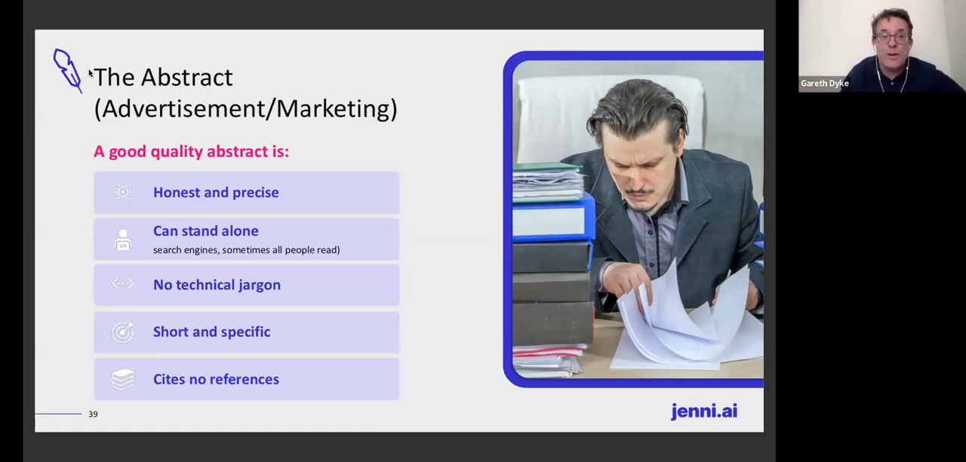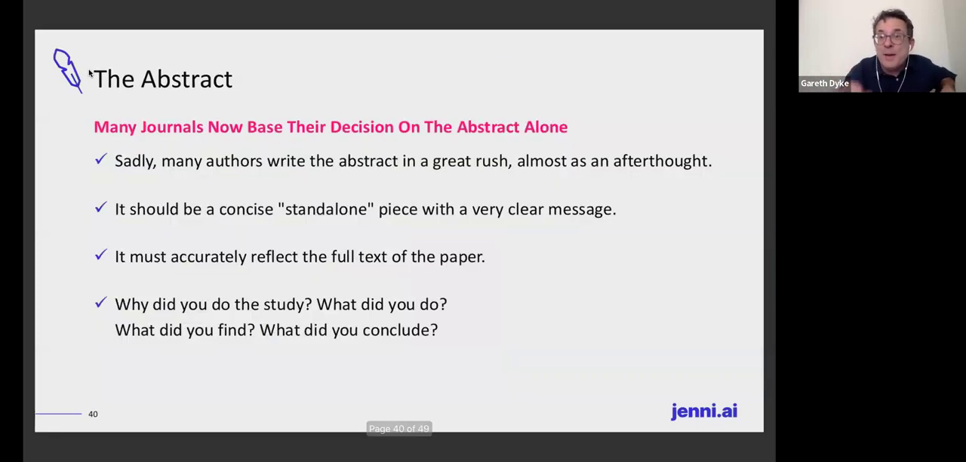Is it interesting enough for their journal? A good quality abstract, round about 200 words, honest and precise. It's got to be able to stand alone. Sometimes that's all that people read. It's used in search engines to find your work. No technical jargon, short and specific, and no references in this particular component, usually almost always of an STM article abstract. Don't forget that many journals base their decision on the abstract alone,